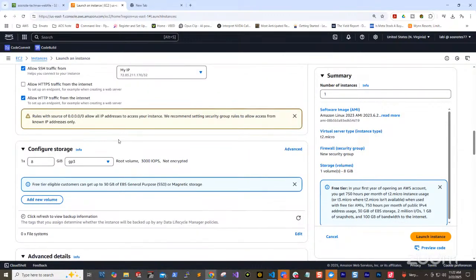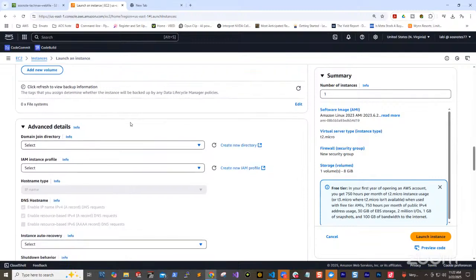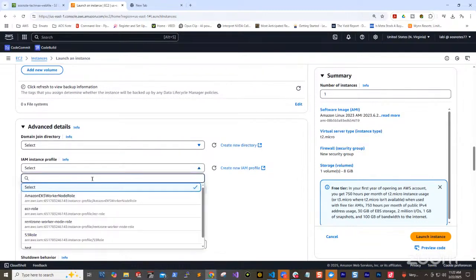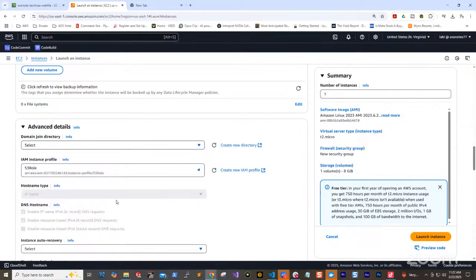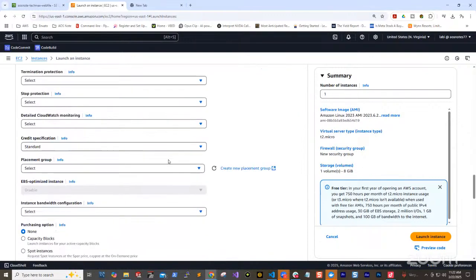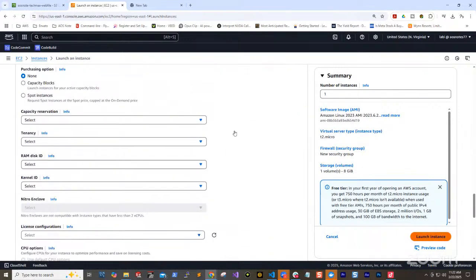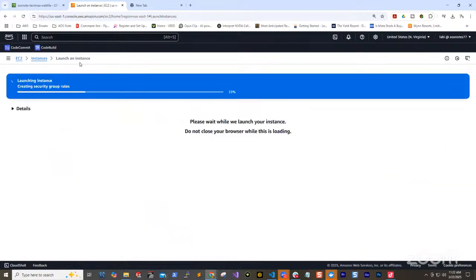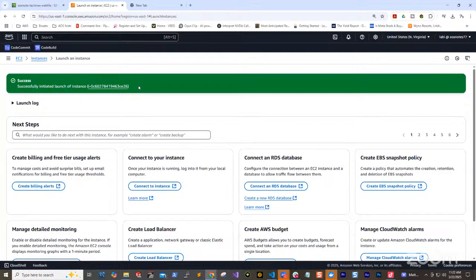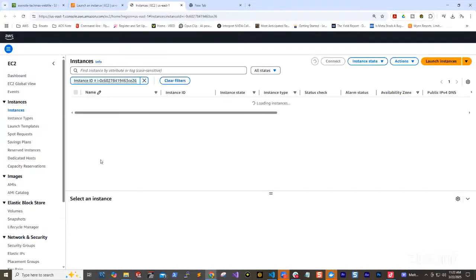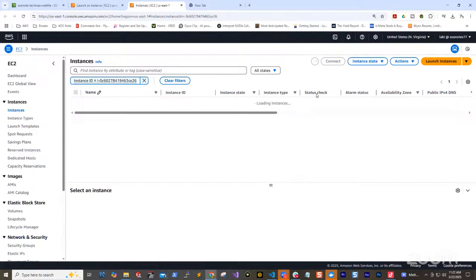Here on the IAM role, since I'm going to download the file from S3, I'll just add an S3 role that I already created and launch my instance. So this is just the launching the EC2 instance part. The next part now is where we get the script. So here I'm going to SSH, going to go to the EC2 instance,